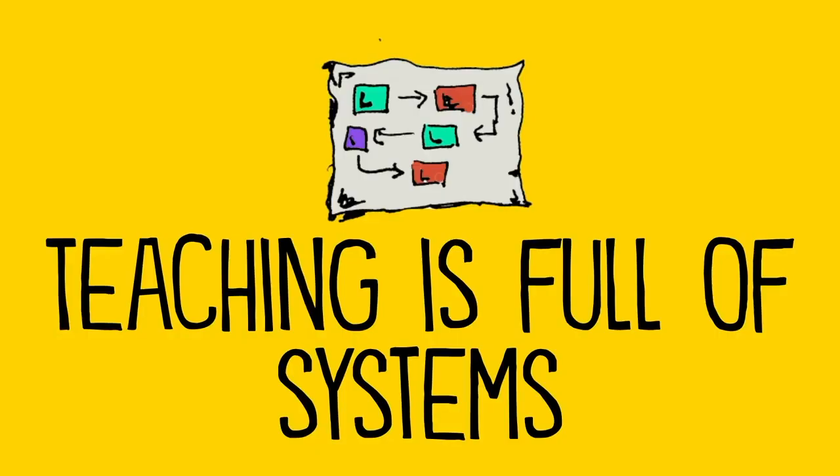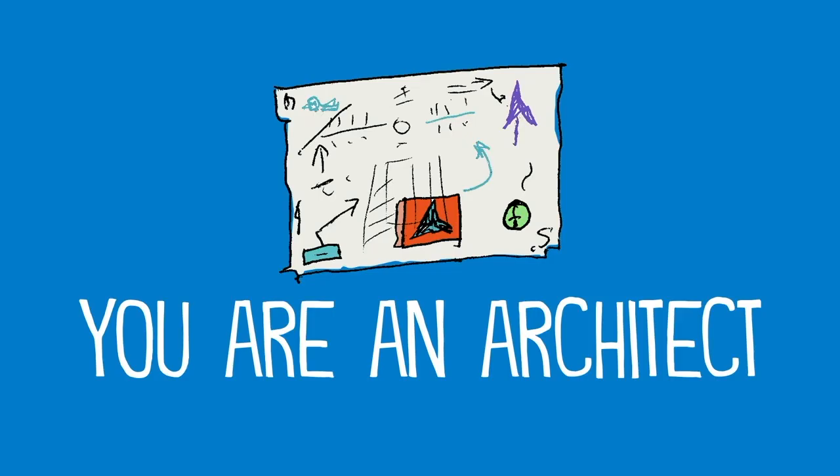And I want to point out that teaching is full of systems. You have rules and procedures, you have ways of doing things, you have physical classroom space, but you also have this design that goes on in terms of how you structure your assignments and those types of systems. And the bottom line is that although we often think about teaching as an art or as a craft or as a science, you're also an architect and you're always designing the systems for your students that they interact with